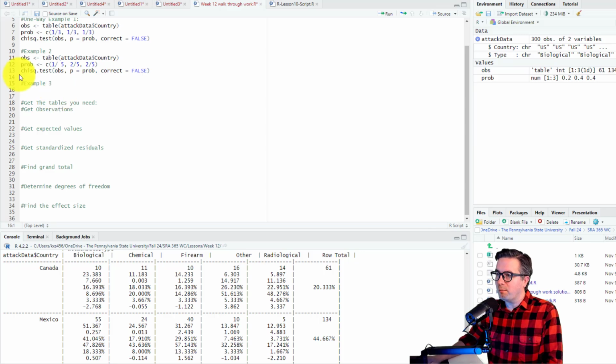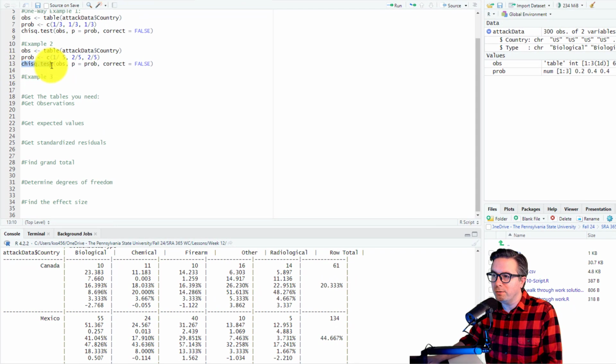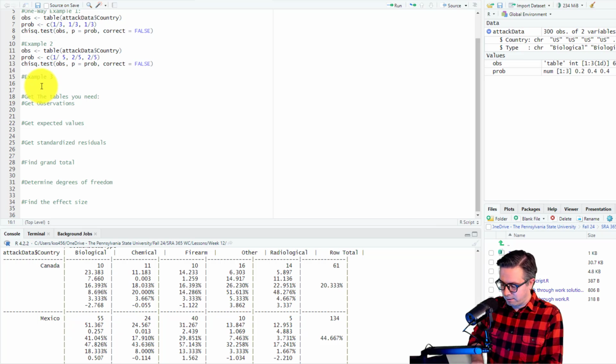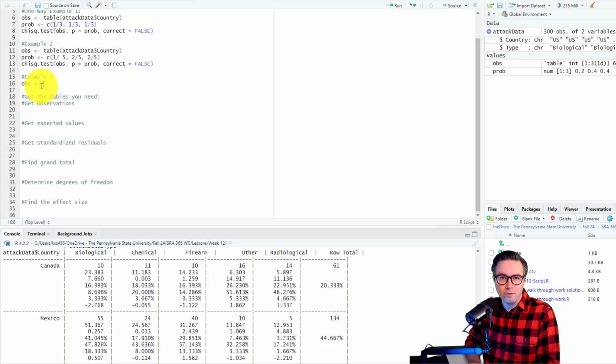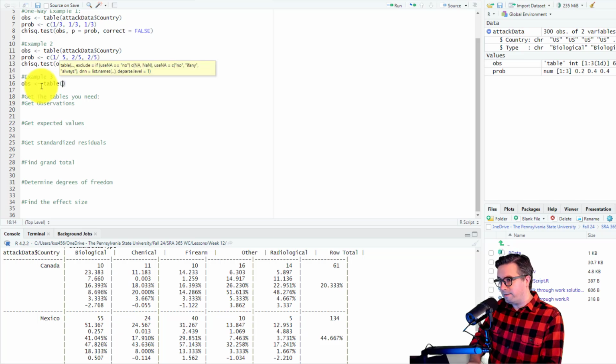So first, what we're essentially going to do is use this method right here, the chi-square test. But it actually ends up being a lot easier than one way. The idea is first we need to have our observations, and we need to use the table function. There's also xtabs, which also works with chi-square, but I'm not going to cover that in this video. So anyways, we do table, and then we have the